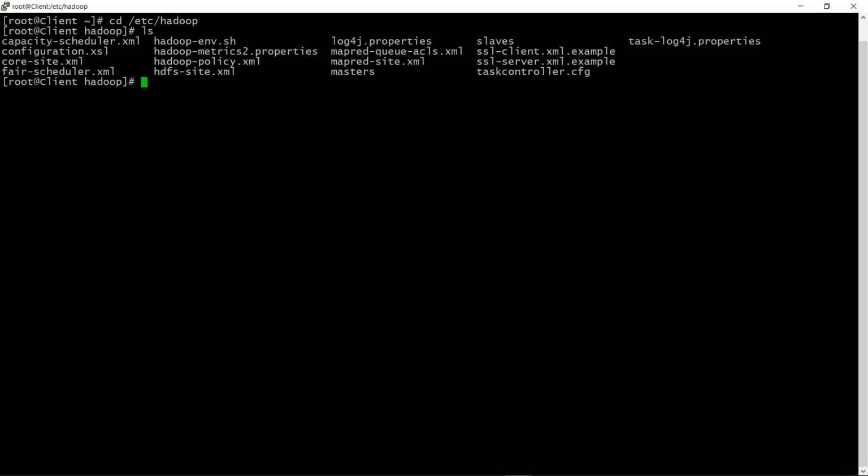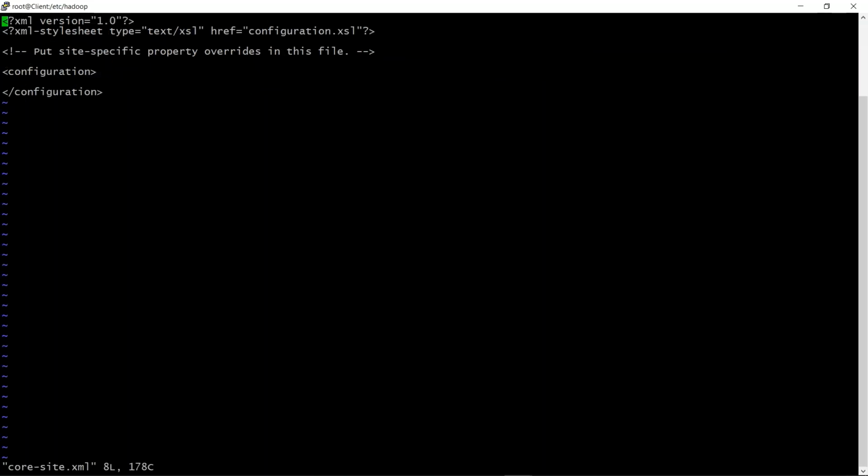Yes. We only need to configure this core-site.xml. We don't need to configure HDFS because we don't need to start a service here. Client is only used to upload data. I will directly go inside the core file. I have to configure here.